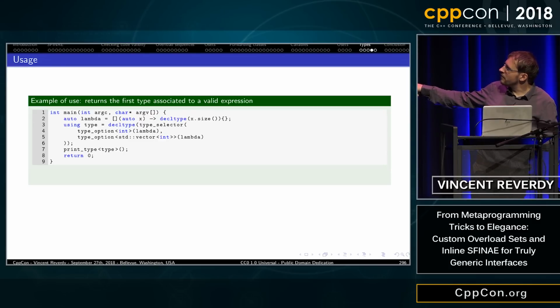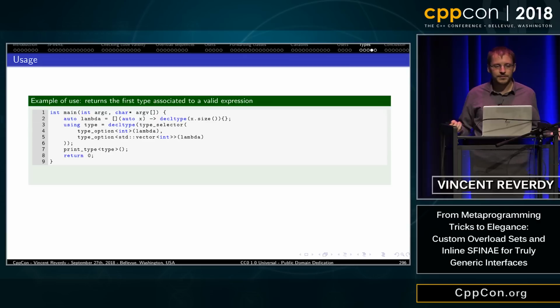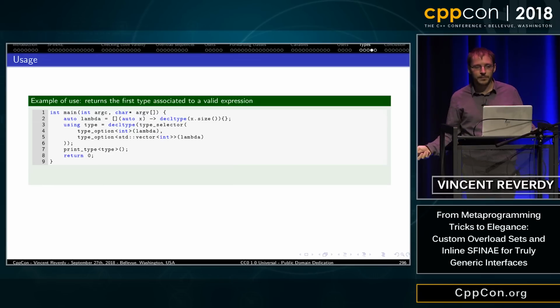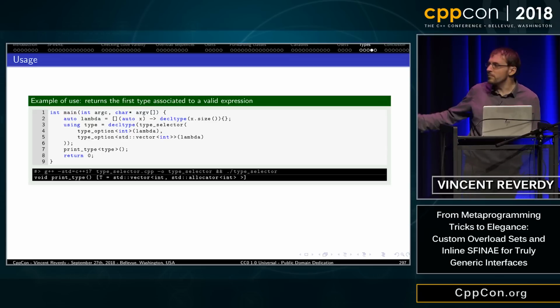And then I have my type selector where I have first int, and I want to check whether the lambda can work on int. And then I have a std vector of int. And same thing, I want to check whether it works or not. And I want to return either int or vector of int, depending on the first one that compiles. And if I print the type, hurrah, in that case, it gives us std vector.